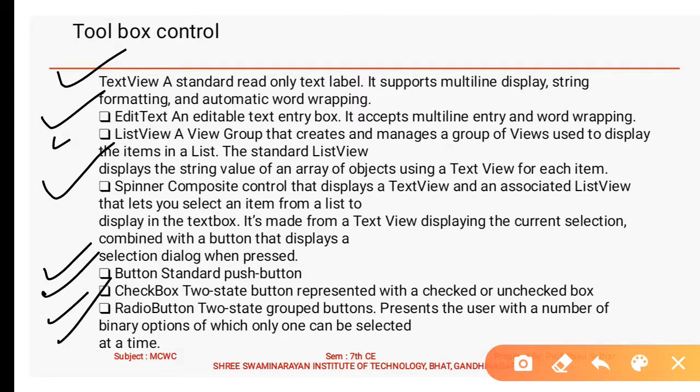So these are the toolbox controls. Various other toolbox controls are also provided, like AutoCompleteTextView, ImageButton, ToggleButton, RadioButton and RadioGroup, ProgressBar, TimePicker, DatePicker, SeekBar, AlertDialog, Switch and RatingBar. These types of controls are also available in Android Studio.